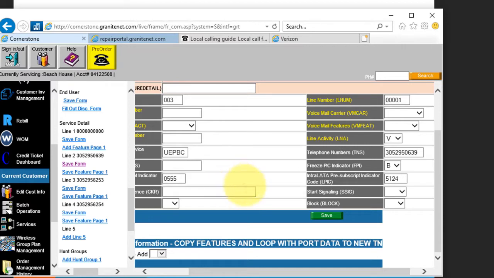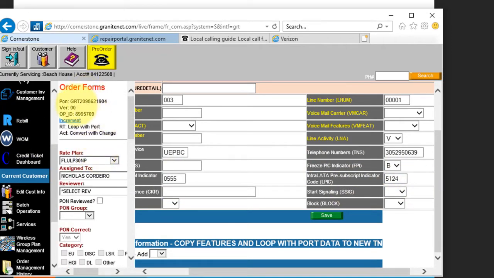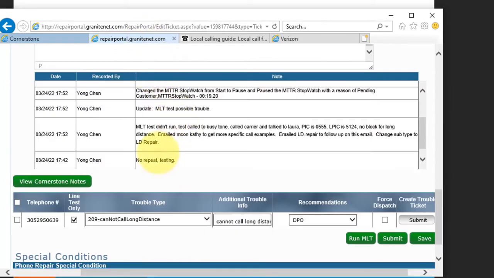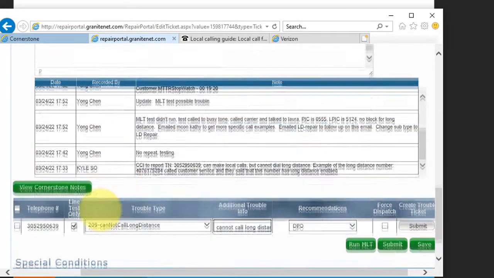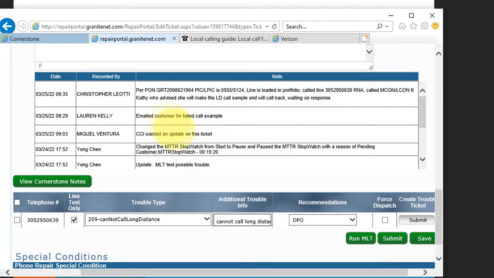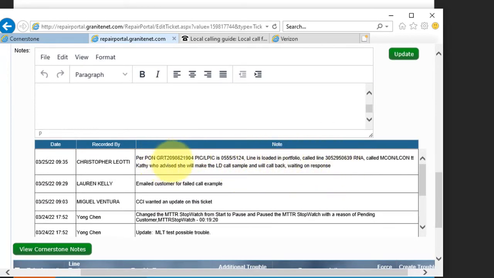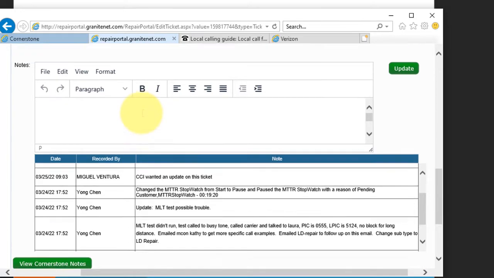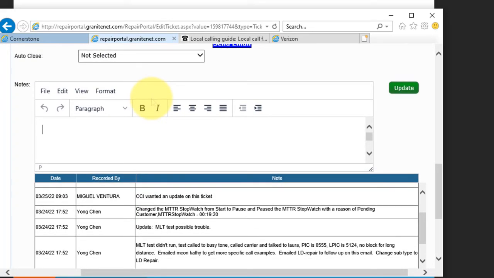So this is what I usually do once I find this information. I got 0555, 5124. I'll scroll all the way up here. This is the pawn. So I just copy it, and I come over to my ticket. You can actually see I already structured it similarly in this note, but I'll do it again for you. So say we're working a brand new ticket. This is my very first thing. Every single long distance ticket is the same with this first step. I always say per pawn,